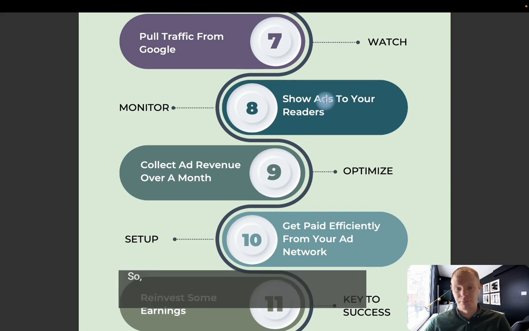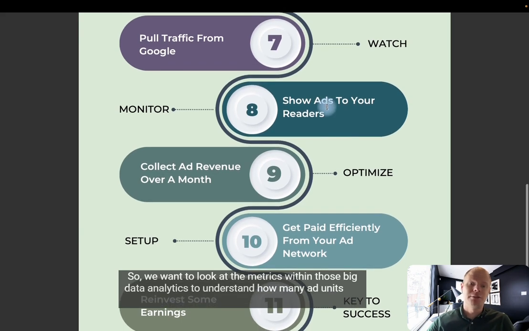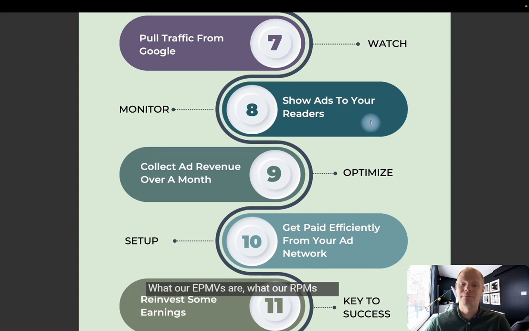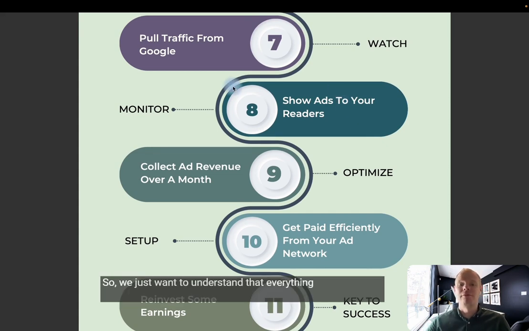those ads are showing. So we want to look at the metrics within those big data analytics to understand how many ad units to show in, what country your readers are coming from, what our EPMVs are, what our RPMs are. So we just want to understand that everything is working fine and quickly correct anything that isn't working as